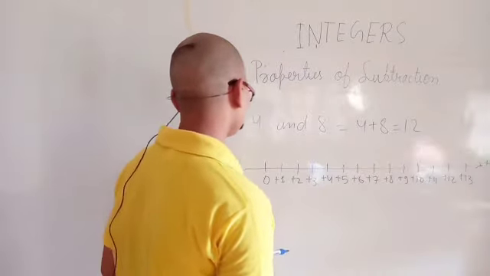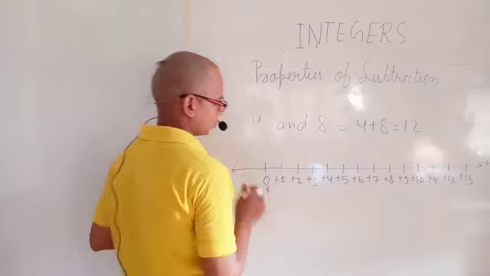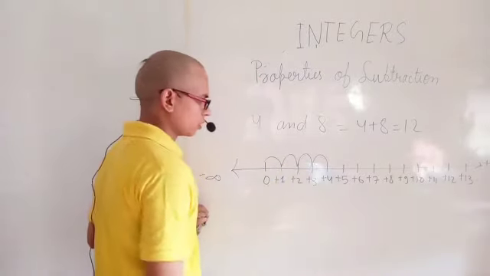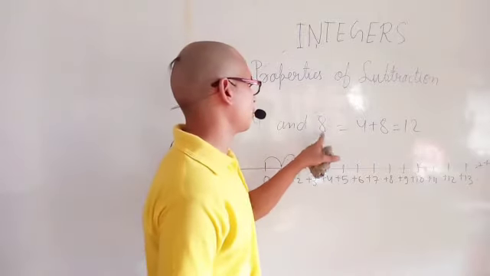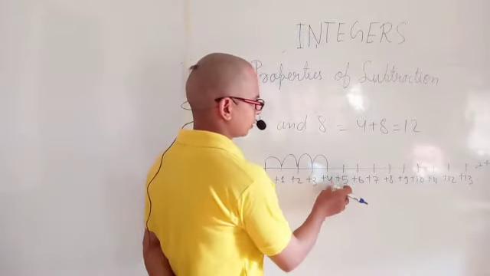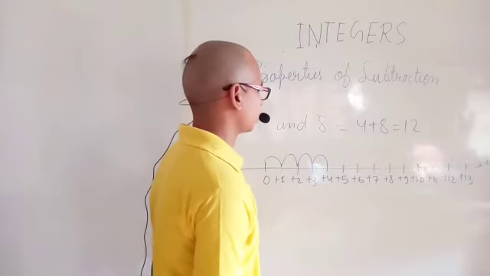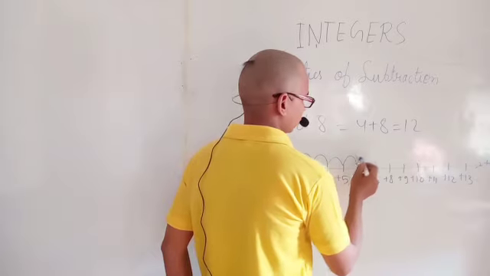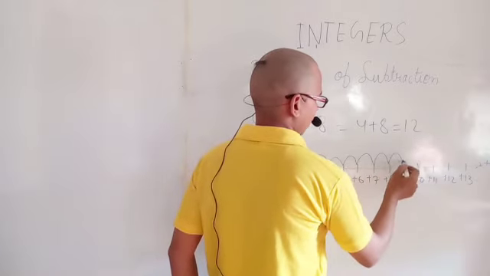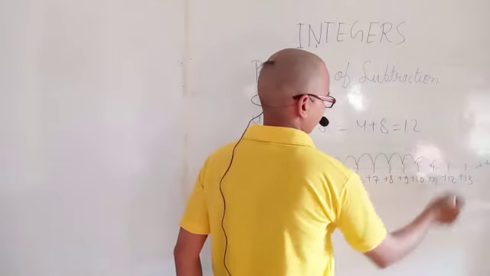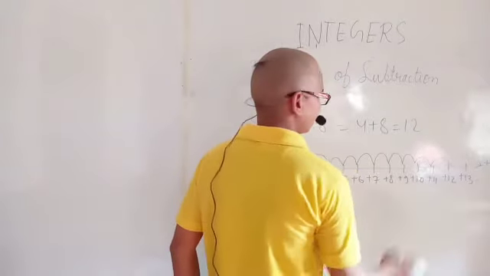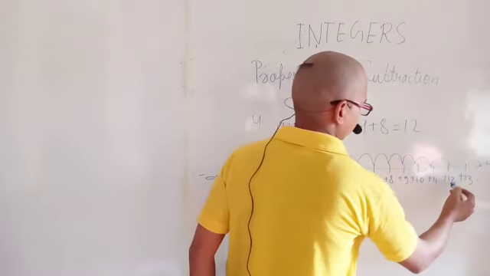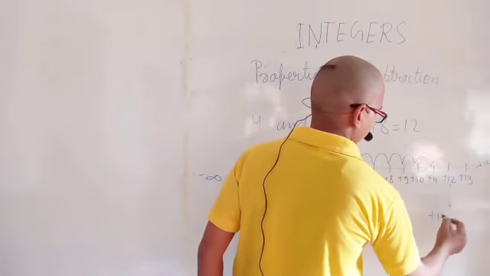So we have been given 4, so we get 1 2 3 4, okay. And then we have 8, so we will start from here. Now see where 8 will come. So 1 2 3 4 5 6 7 8. So we know that 8 will end on plus 12, so that's why we can say that this will be the answer, so plus 12.